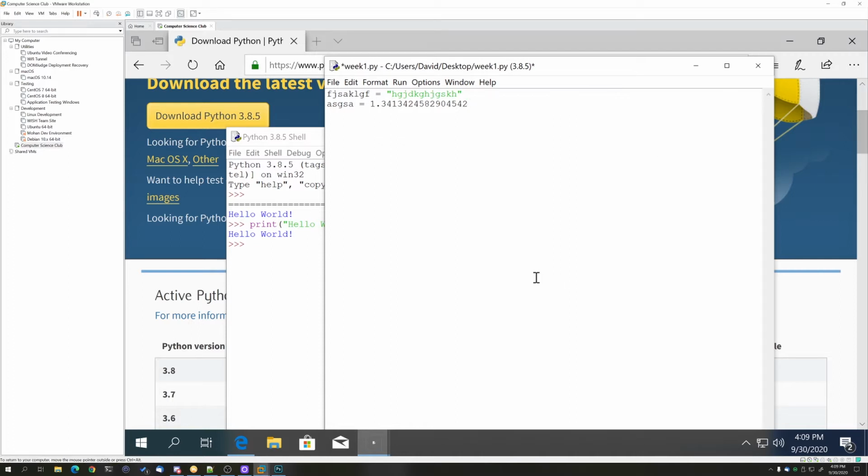Okay, so does everyone understand? We have numbers and floats and strings. Okay, so the next thing that we kind of want to touch base on is